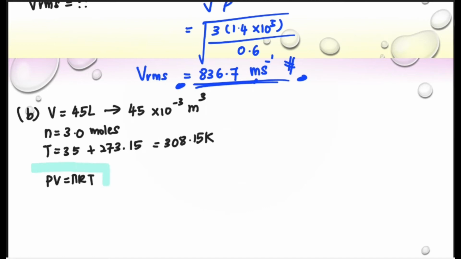Okay, we will use this equation. So we can try to solve the first question. We want to find the pressure. Okay, so P is equal to nRT